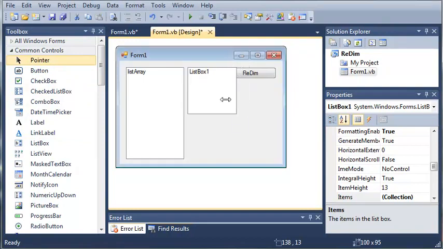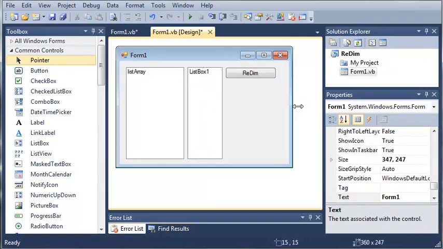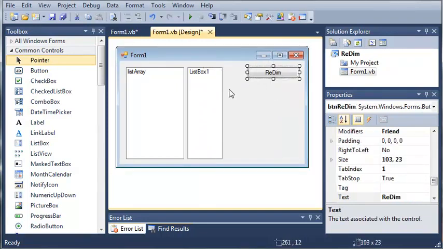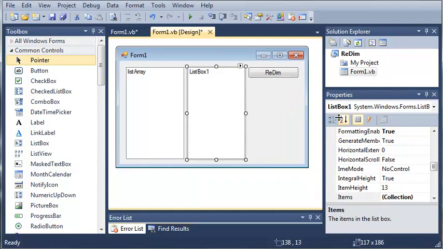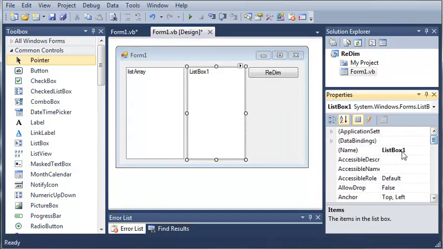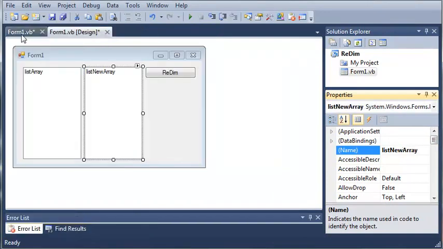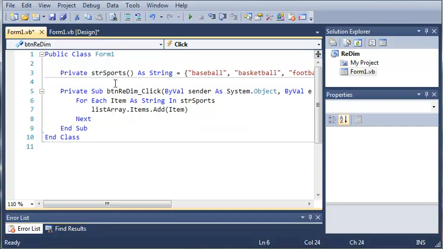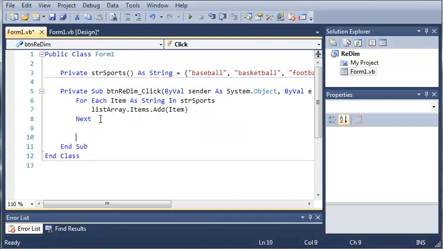Okay, so we'll shrink this down some to fit into our form, and let's just make this a little wider. And we'll set the name value of this to list new array. So now we'll go ahead and come back here and we will find our button redim click event, and now